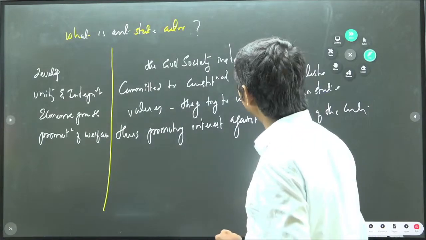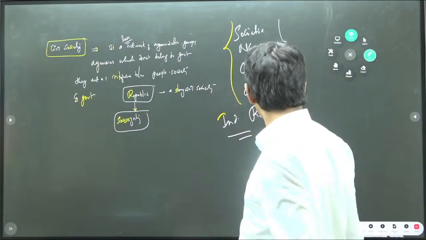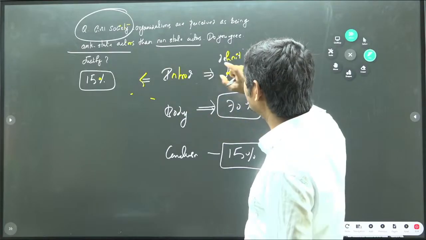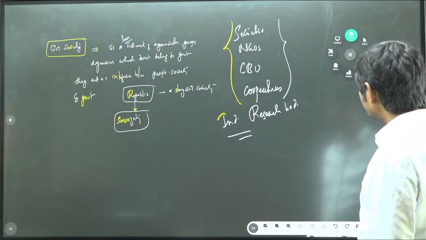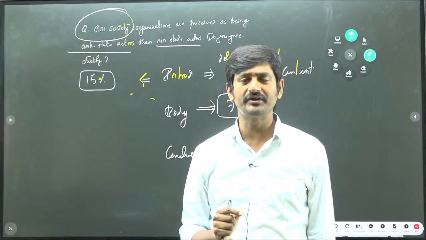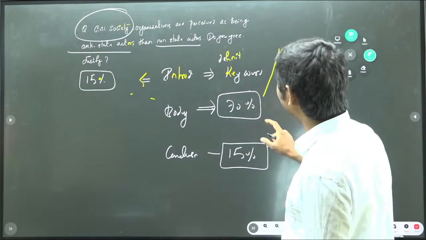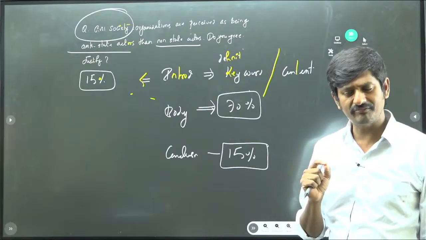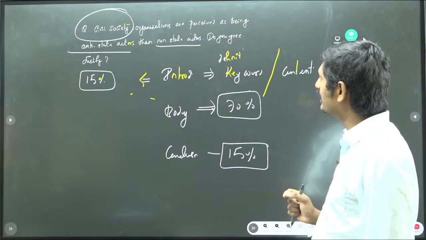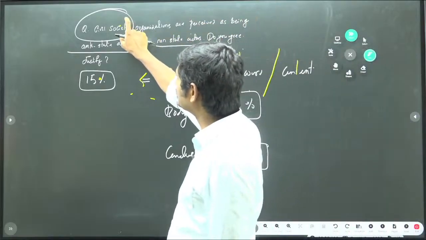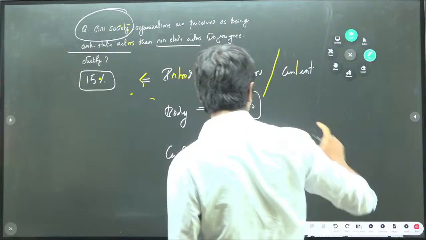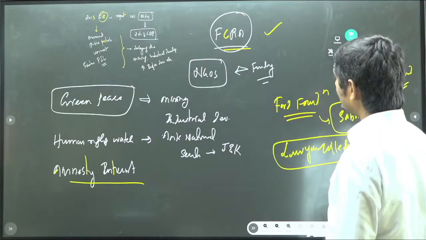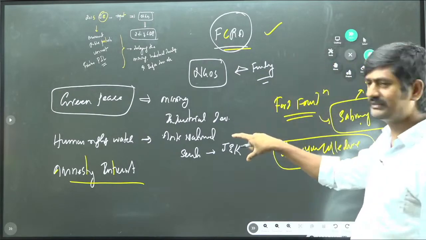So look at this question. Civil society organizations are perceived to be anti-state actors. However, all the civil society organizations are not anti-state. There are certain civil society organizations which are actually in favor of the state, and they are promoting the development of the country. They are working very constructively. So we do not need to agree that every civil society organization is anti-state. So after presenting this idea, what is an anti-state actor, and what are the NGOs which are considered to be anti-state, with various examples,